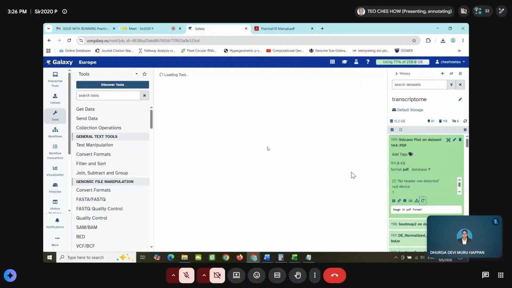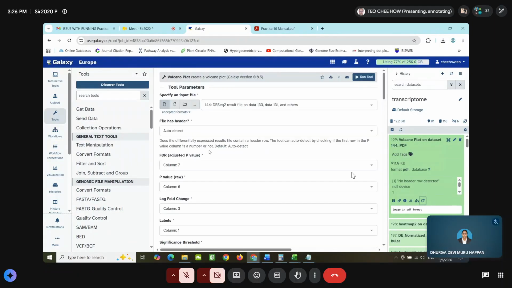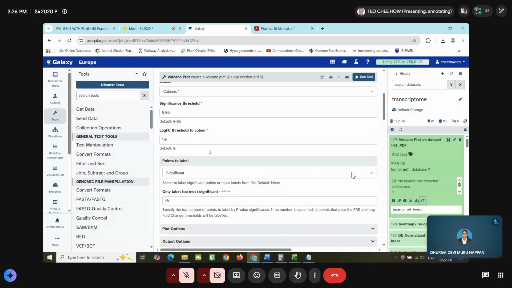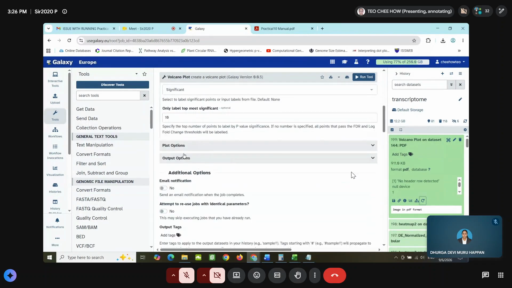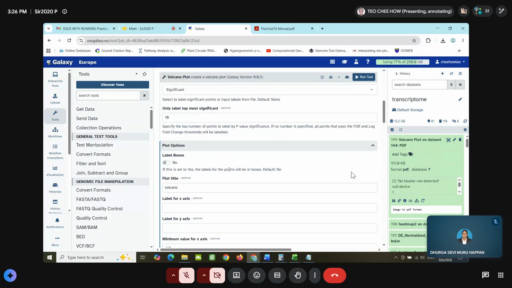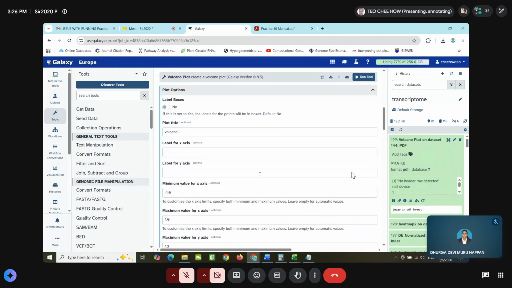Wait a minute. Use auto detect significance options. Set to this, a label for the point box.